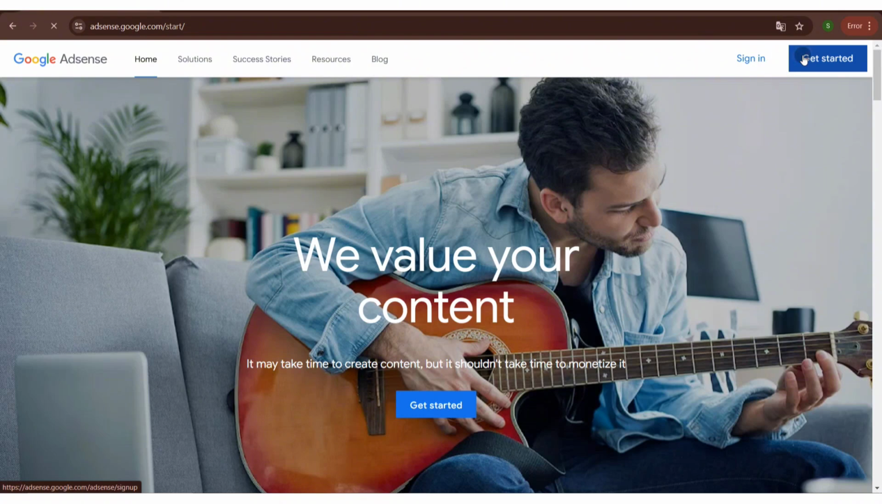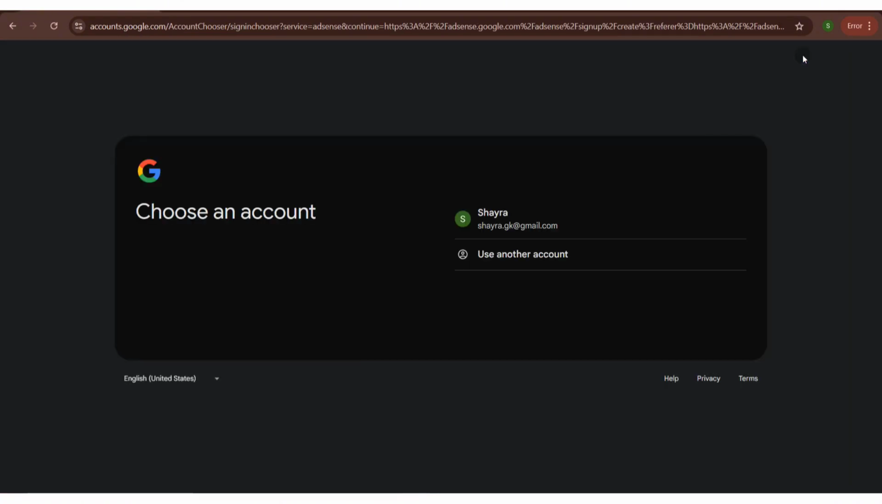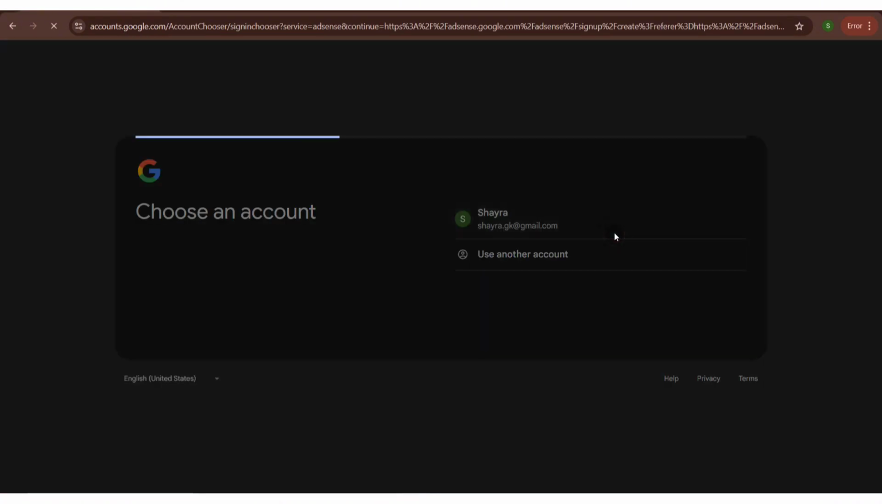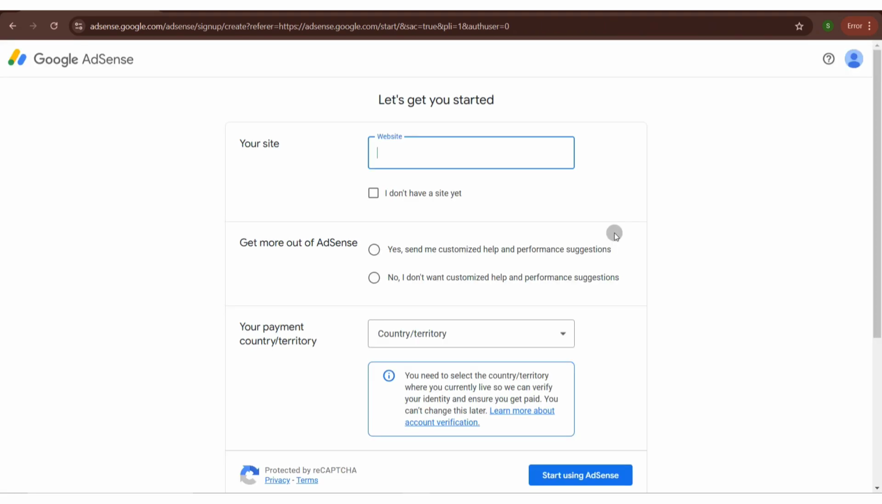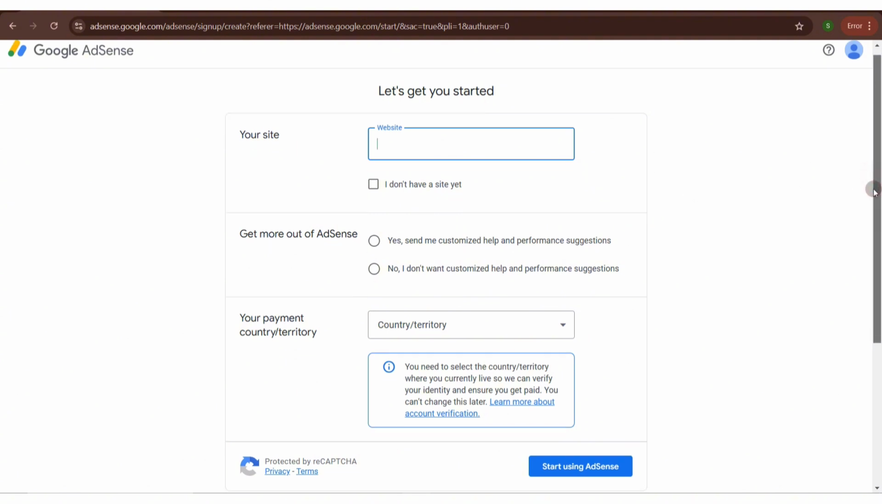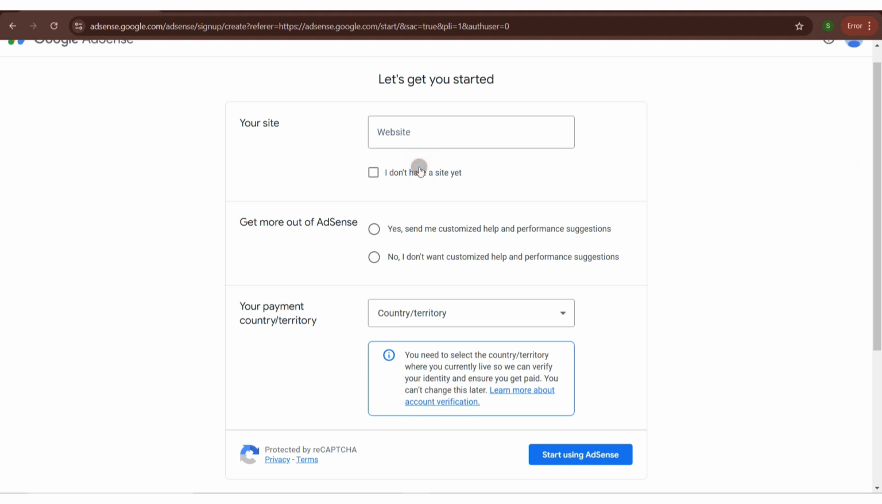Now, once you click on this button, you'll get redirected into this section. So go ahead and click on your Google account to proceed with the next steps of account creation. In this section, you can enter the link to your website. Now, if you don't have a website, you can simply check this checkbox that states I don't have a site yet. Under the Get More Out of AdSense, you can select between yes and no if you want a customized